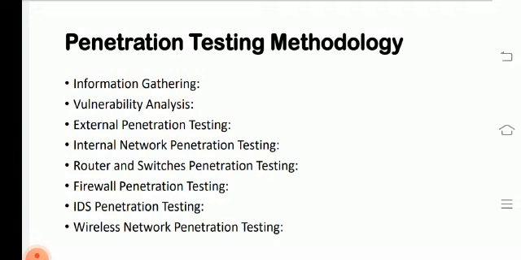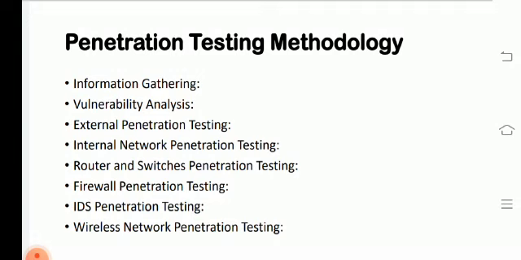Okay, let's start. Penetration testing methodology. The various phases in the penetration testing methodology. First one is information gathering. Information gathering is one of the major steps of the penetration testing. It is the first phase in the penetration testing process. It is done using various tools, scanners, online sources, sending simple HTTP requests and specially crafted requests. So this is the information gathering.